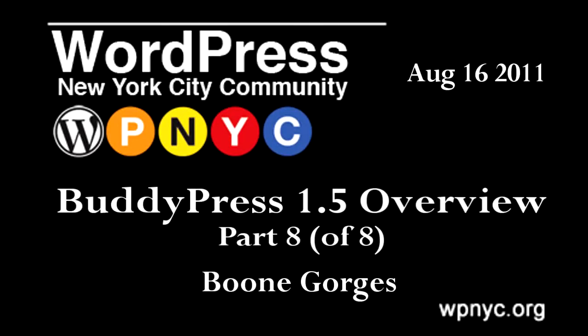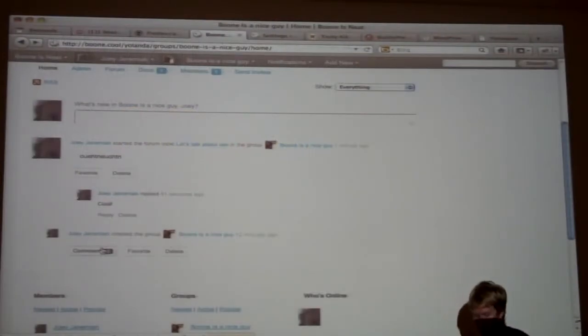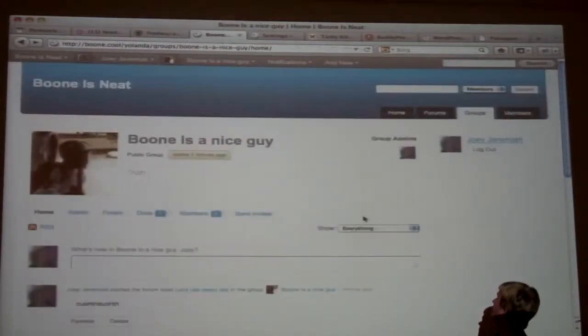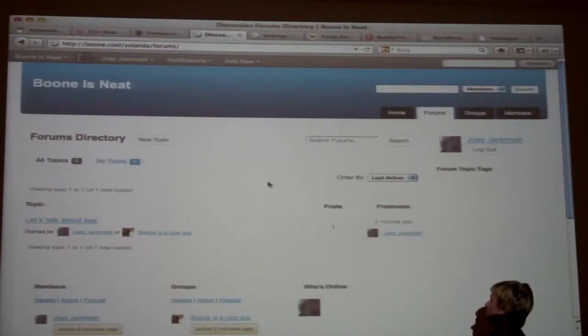One of the things I found when I tried to use BuddyPress in the past is I felt like the forums didn't work the way I expected forums to work, like by going and seeing a stream of forum posts. I guess I expected more to go see just the groups, and then, like when you use bbPress forums, you see a list of groups and narrow down on the groups and then see that. So it seemed like groups was a little bit misleading. I understand it better now tonight, but